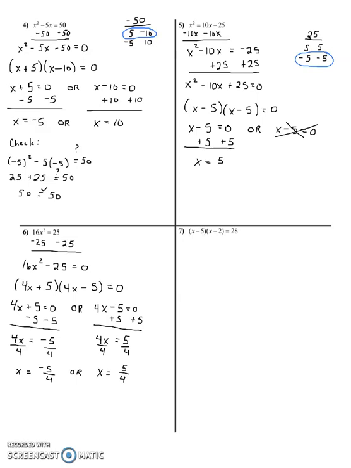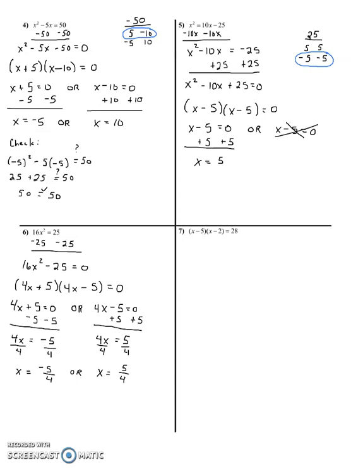Okay, what do we do about number 7? Well, first of all, we have a 28 on the right-hand side. We need to do something with that. But if we just subtract it from both sides, is that really going to help us? Because we'll have something times something minus 28. That just seems messy. So when we see a problem like number 7, what we should do is